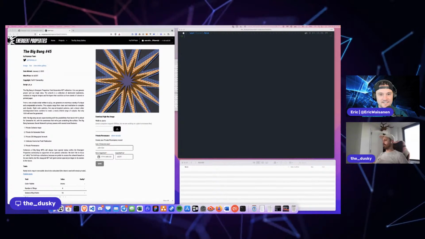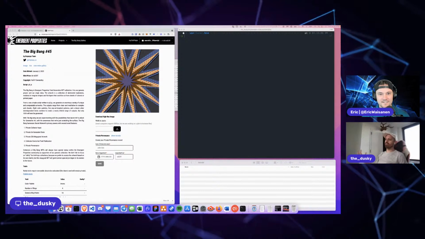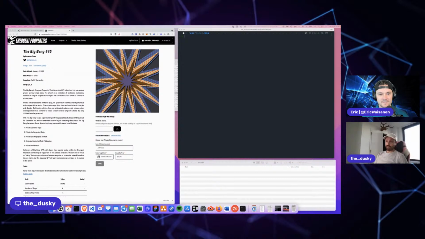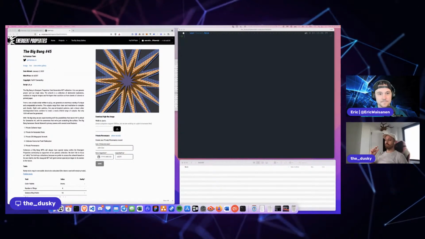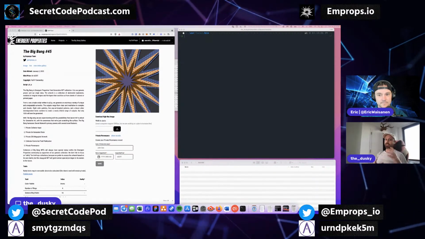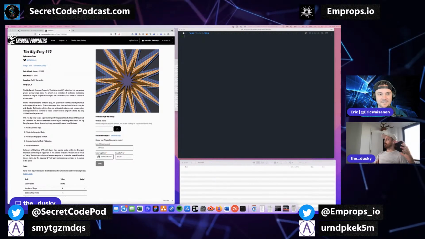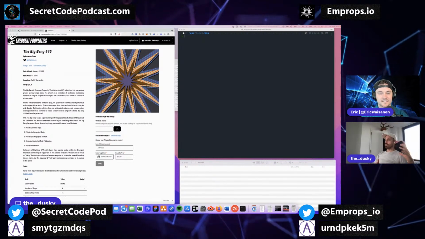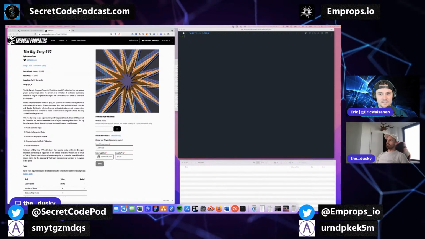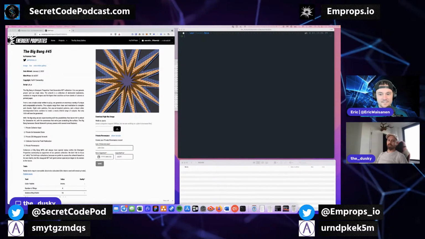A CDN, I can't remember what it means, but it's basically a server that is serving files to people. You use CDNs for all sorts of things. We actually used Arweave, which is a decentralized CDN, and we saved the P5.js, which is the library we're using to generate this art, on Arweave. The HTML document that is Base64 encoded and exists in the contract includes that link to the P5.js library. So the important part is that this is totally decentralized and stored permanently.